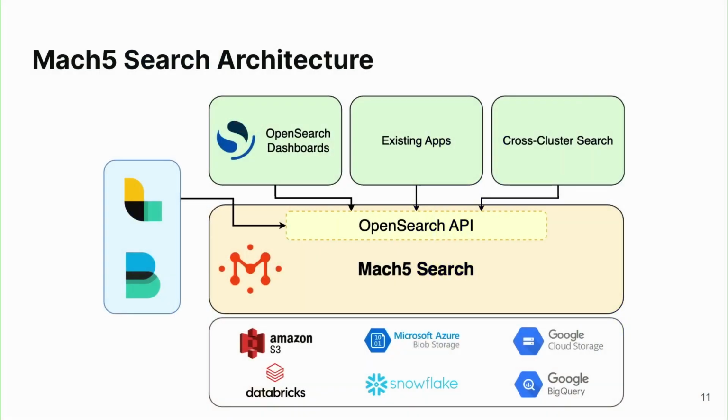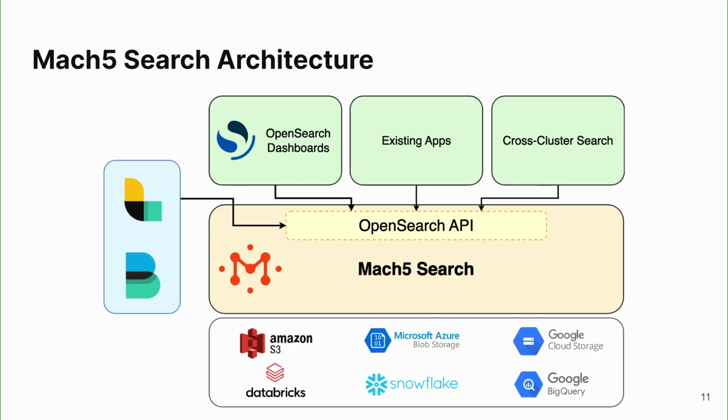What we have done at Mark V to address this problem is, actually we went the other way. We think that the OpenSearch API is actually very useful for all the reasons we talked about, how it helps bring security data and use it for all the security workflows that I mentioned. However, not all these systems provide an OpenSearch API. So what we have done actually is taken the OpenSearch API